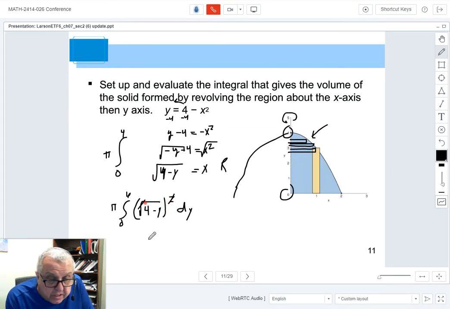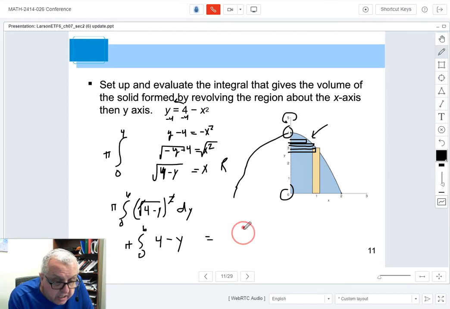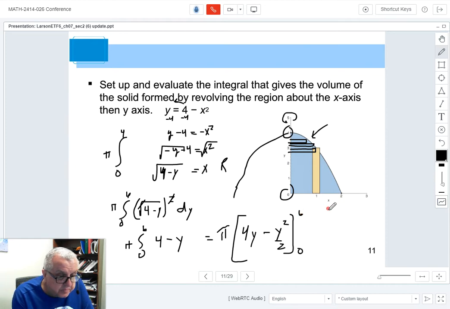Square root and square cancel. So we're integrating from 0 to 4, and it's going to be 4 minus y because the square root and square cancel. So integrate 4, and I get 4y. Integrate y, and I get y squared over 2. There's a pi sitting out in front, and we're integrating from 0 to 4. So first I plug 4 in, 4 times 4 minus 4 squared over 2,